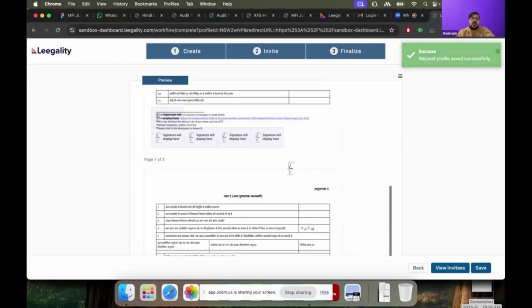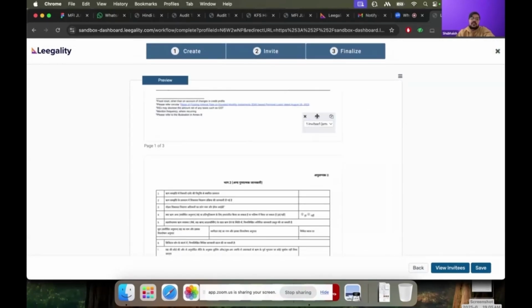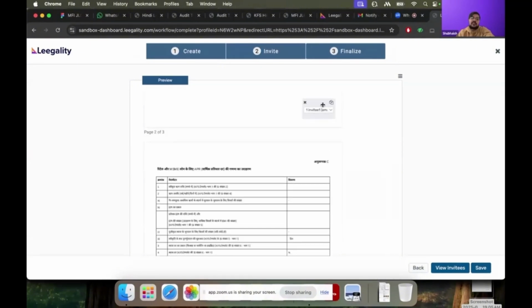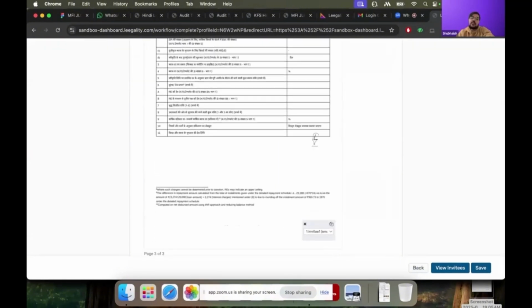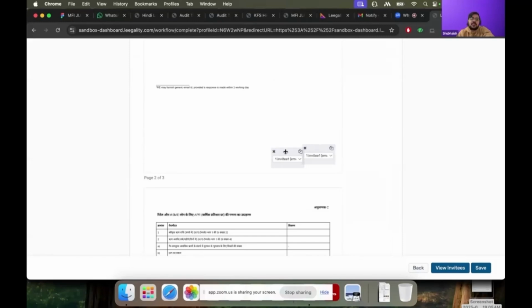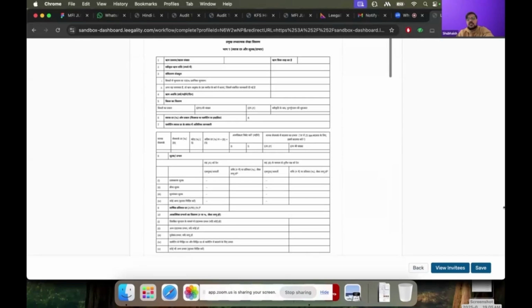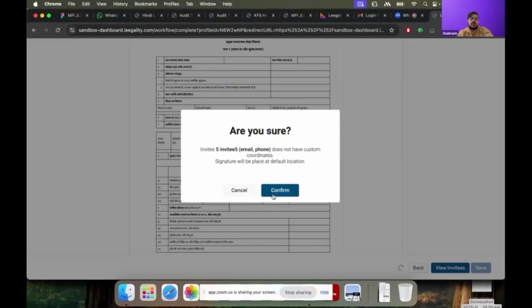and choose where you want the signature. Let's say I just want my signature here, and I can copy it to all pages. So automatically this eSign will be available on all pages in the same place. So this is one signer. For the second, let's say I want to place it here. For the third, I want to place it here. And for the fourth, I would like to place it here, and so on and so forth. Once you're satisfied with all of these things, you click on save, you confirm,